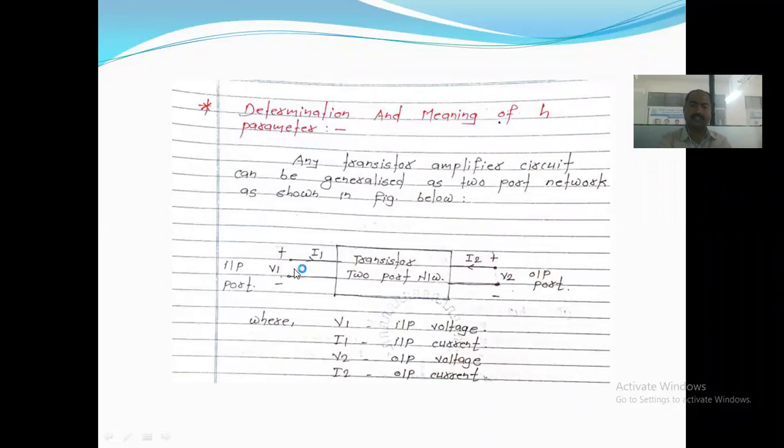as the voltage applied to the device, in that case the current flowing through it is I1. When that current flows through the device, this is like a particular transistor network, right? It is nothing but a two port network of your transistor. Due to the current flowing through the input and the voltage applied at V1, accordingly the secondary has some voltage and current generated. So this is nothing but the output voltage phi2, the voltage generated across your output, and at the same time the current flowing due to the applied input voltage is the I2 current, generated at the time of applying phi1 as voltage and I1 as current.